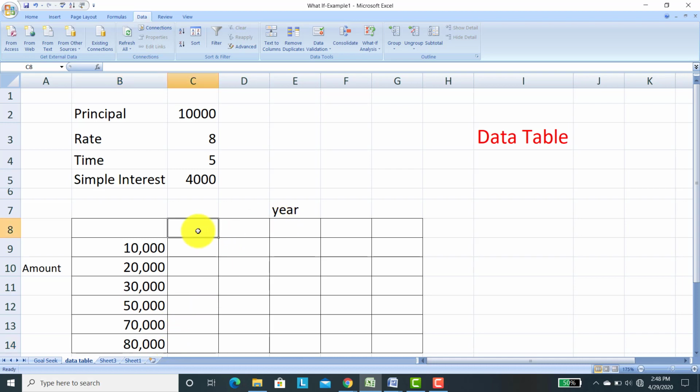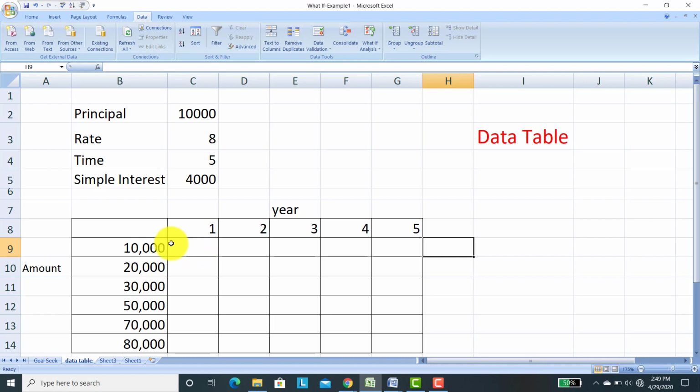And years: if I pay in 1 year, 2 years, 3 years, 4 years, and 5 years, then how much interest do I have to give to the bank? This I can calculate in one simple formula, that is data table.